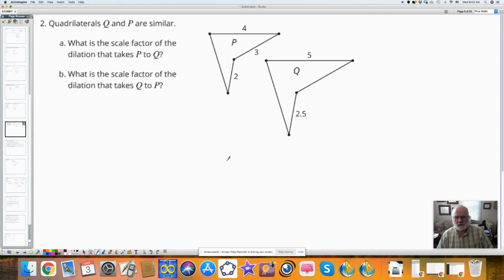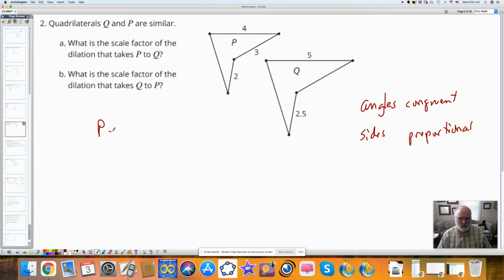Quadrilaterals P and Q are similar. That means that their angles are congruent. It means their sides are proportional. I've got 4 and 5, I've got 3 and something here, and I've got 2 and 2.5. Well, if I do 2 to 2.5, it depends on if I'm going from P to Q, or from